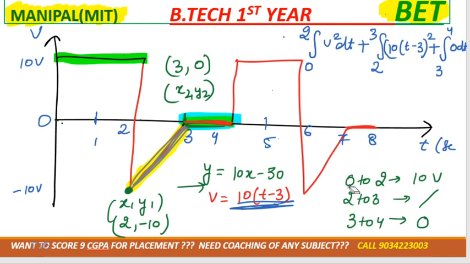For this particular case, 0 to 2 will have the value, that is how much? 10 volt, so it would be 10 ka square. Now if I'll solve it then it would be how much? 10 10 100, और उसको solve करेंगे we'll have 200. If I'll solve this one, ये पूरा integration को solve करके that would be 100 by 3, right? So if I'll solve this then it would be 700 by 3,